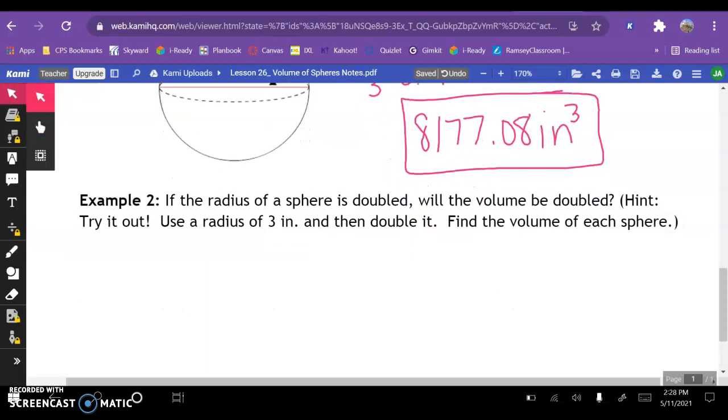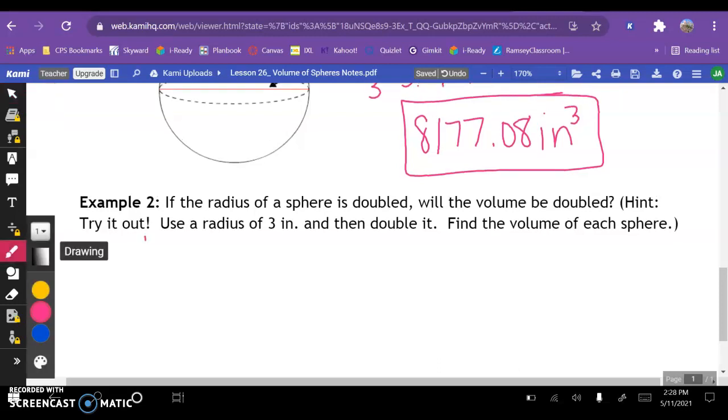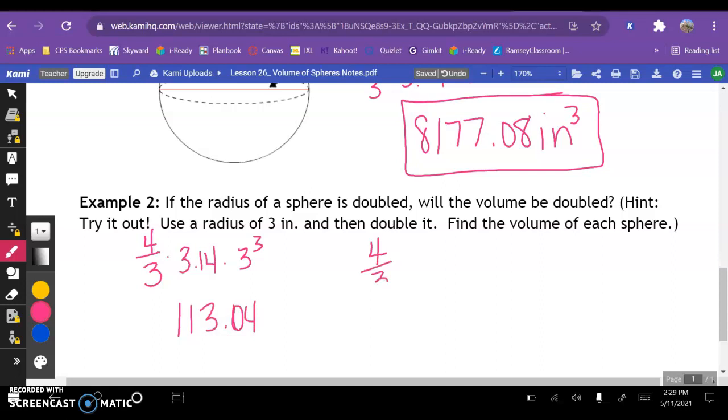Okay. So let's figure out, if we double the radius, what happens to the volume of our sphere. Our first one has a radius of 3. So 4/3 times 3.14 times 3 to the third power is 113.04. And then we're going to double that radius. So 4/3 times 3.14 times 6 to the third is